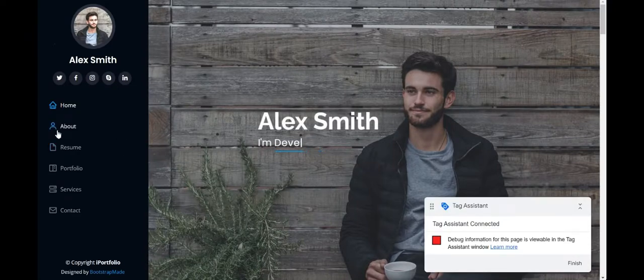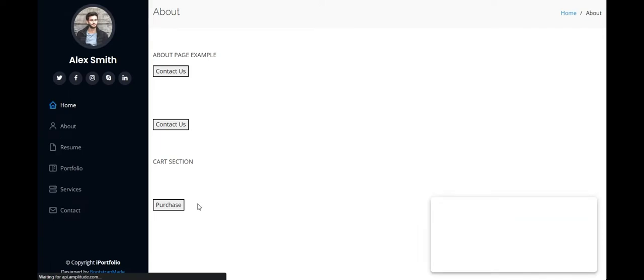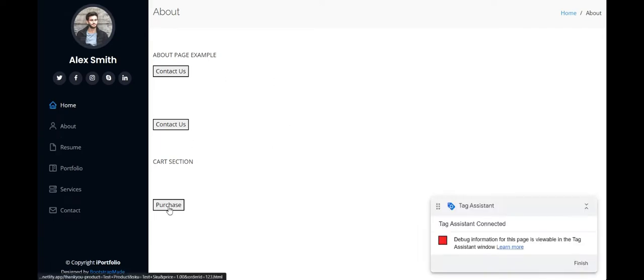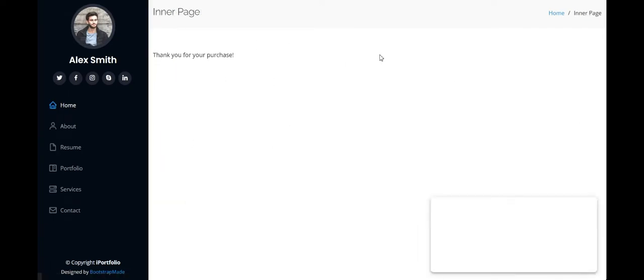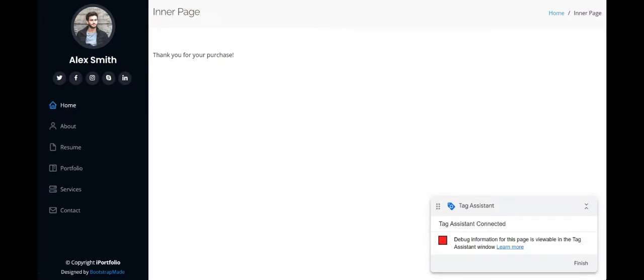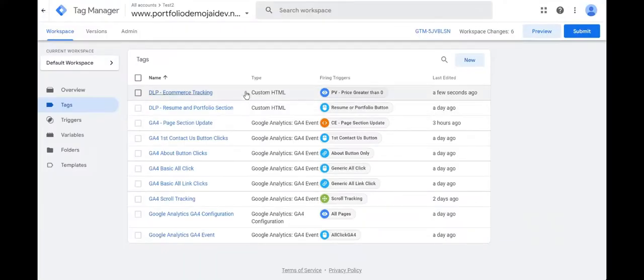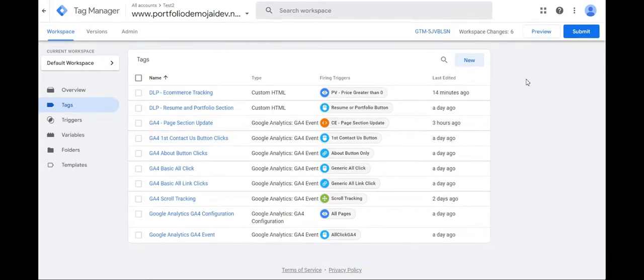So if I go here now, then go to about, and then click the purchase button, and I'm led to the thank you page, and you can see in the URL we have price 1, which means it's greater than 1, and it should have fired here. So we'll just go to Google Tag Manager. Now the data layer, we had created the push,